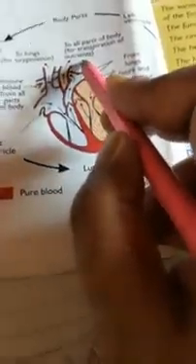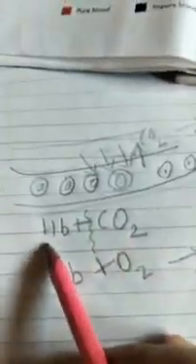Now what happens in the lungs? Here you can see the hemoglobin of the impure blood, which was carrying the carbon dioxide. Hb stands for hemoglobin and CO2 stands for carbon dioxide. So these red blood cells in which the hemoglobin was carrying carbon dioxide, these two are bonded with a temporary bond. This is not permanent. So what happens when it comes in contact?